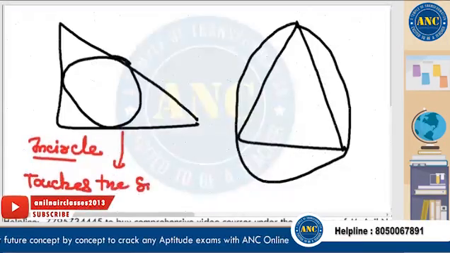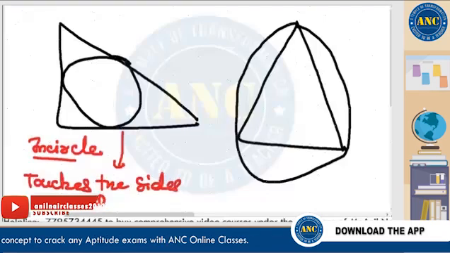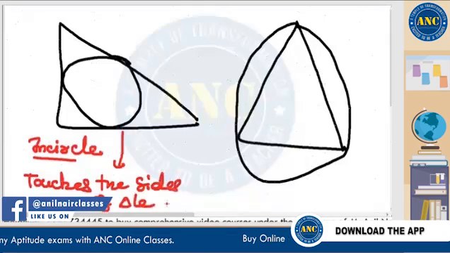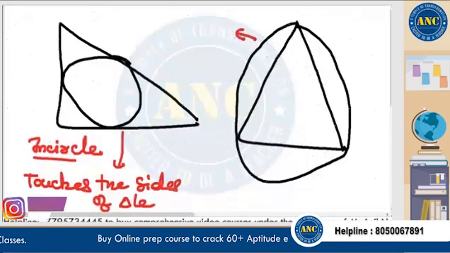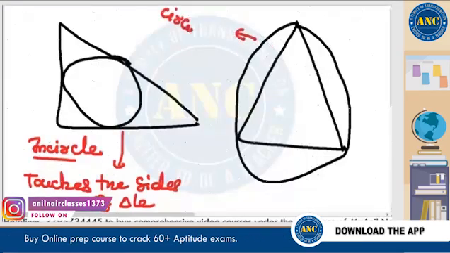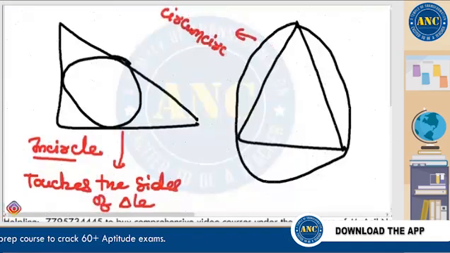Incircle touches the sides of a triangle. This is a circumcircle. In a hurry you will make the mistake. Write everything. Circumcircle